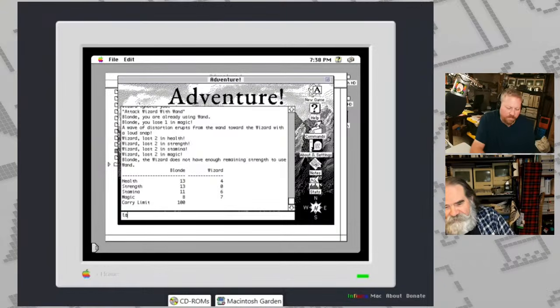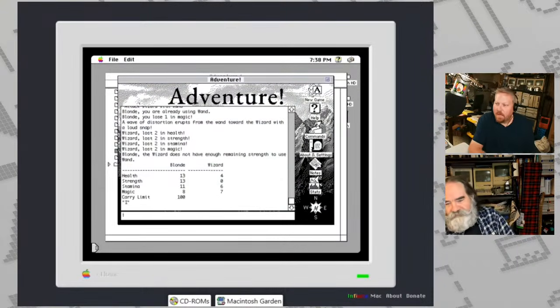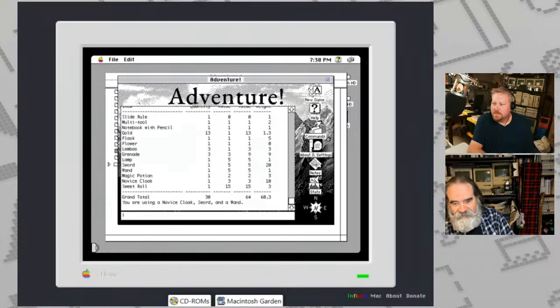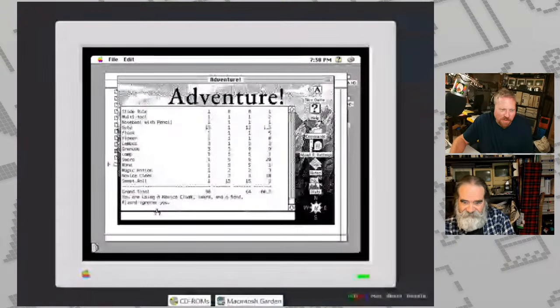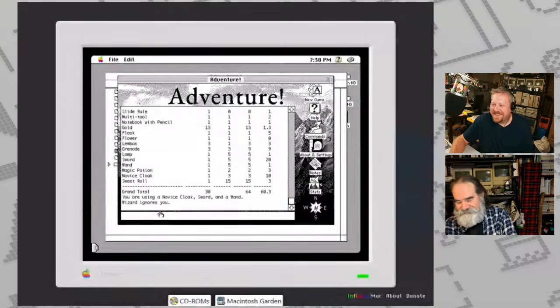You look at your inventory. Okay. And see what you got. Thinking. Okay, you do have a grenade. That's rather powerful. You can make him sneeze with the flower, but that doesn't do much. Right. I can offer him a sweet roll. Yeah, get on his good side. It doesn't work. Oh no.